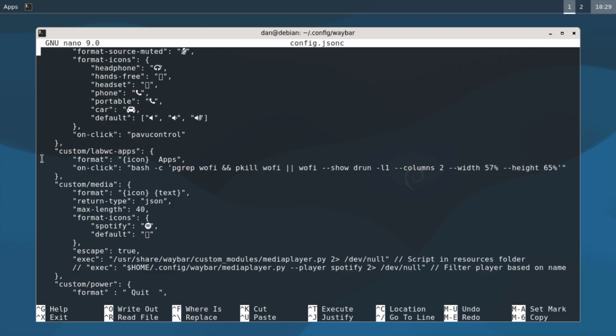and this, and then you see here the custom labwc apps, my own configuration. I just used some examples from the configuration, like custom media, and I used the format here: I inserted apps, which is the text, and then on-click what should be executed when I click on it, and then I inserted a bash -c command with a single quote. In single quotes I put a whole command, and this is just pgrep wofi, which is searching for a